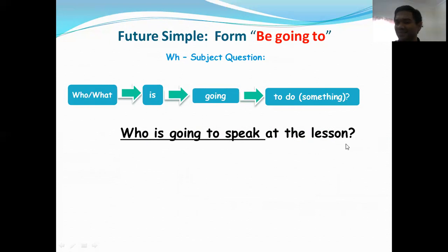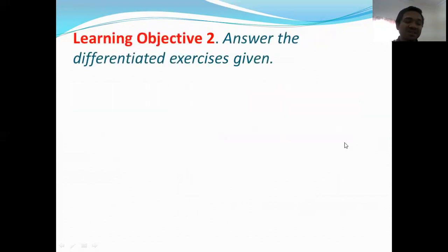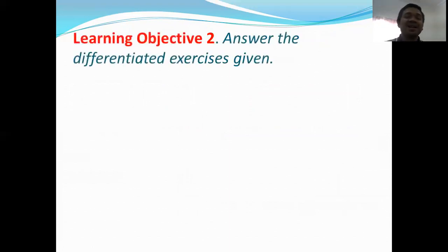Easy? Very easy. Now this time let's apply. If you understood my discussion, let's have some exercises. Learning objective 2, answer the differentiated exercises given. So once again, I am going to be verb. Because it is planned and this is strong intention, I am going to